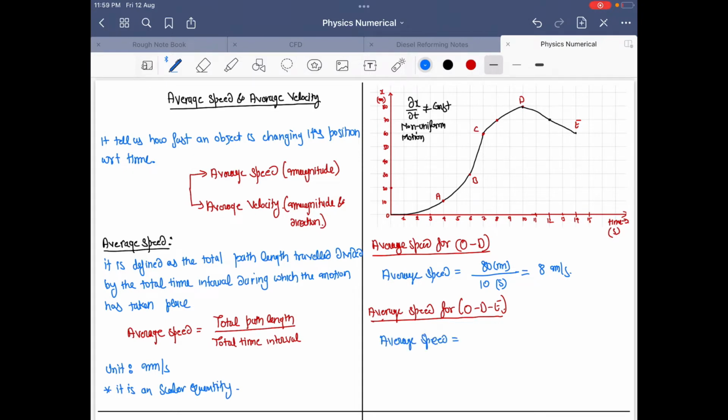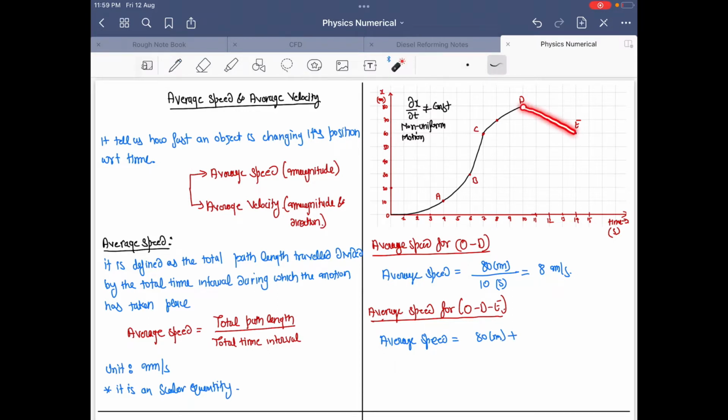Average speed in this case will be total path length. Then what will be the total path length? That will be this distance plus this distance. So distance will be 80 meter